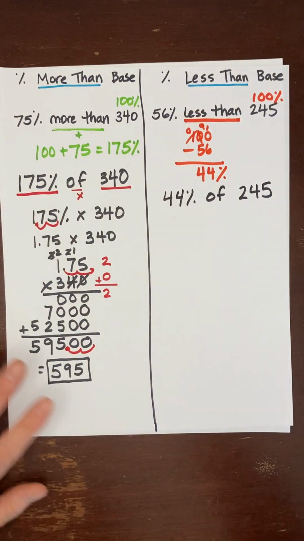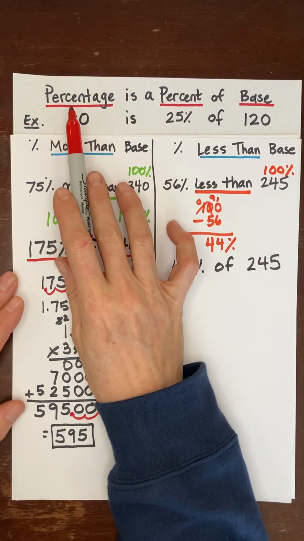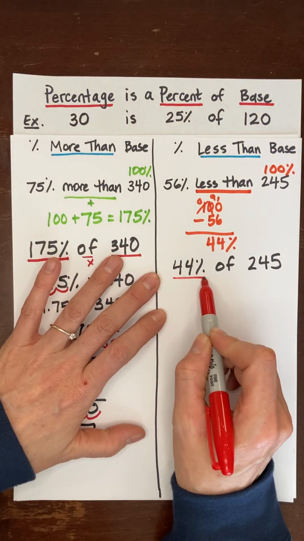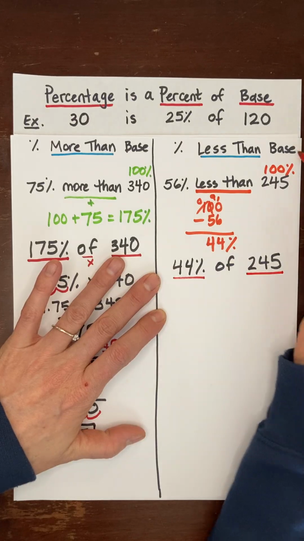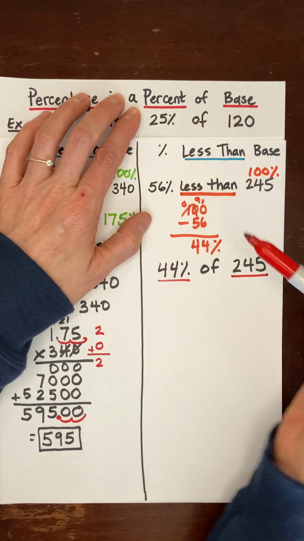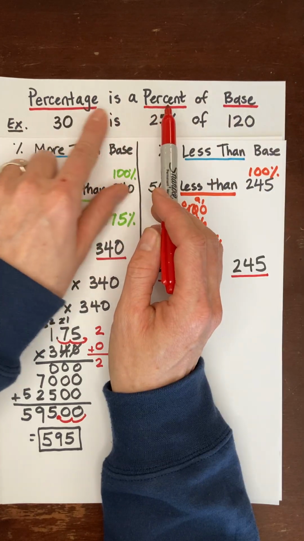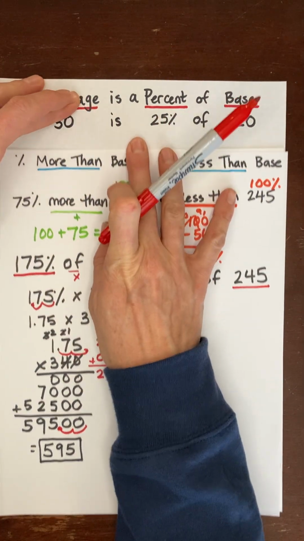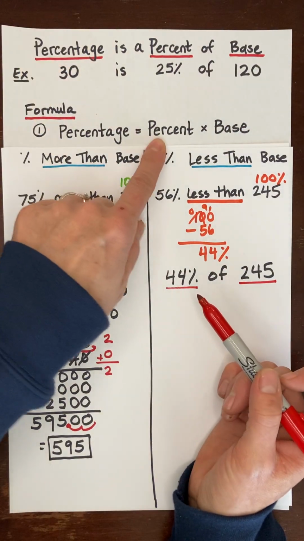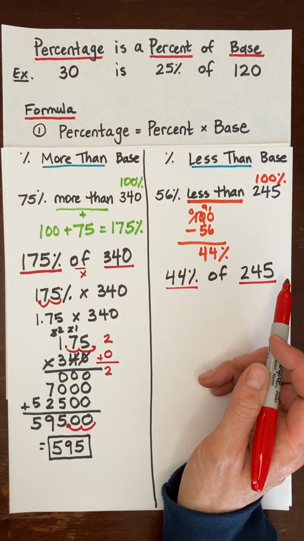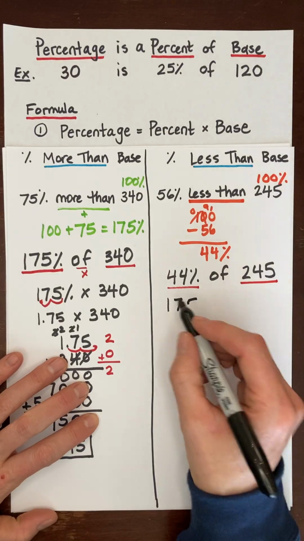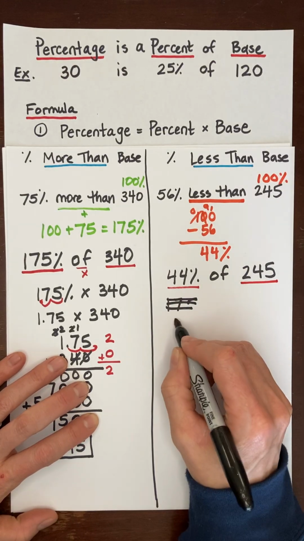Okay, now let's match this up to our sentence up here. Percentage is a percent of base. Which one is missing? Well, I've got a percent of, which we already know is the base number, and it looks a lot like this, right? Percent of the base. So that means the number that's missing is our percentage. So let's look down here. We're going to do the same thing as we did over here. Percentage is the percent times the base. So 175. Well, look at me just copying the other problem. Let's not do that. 44%